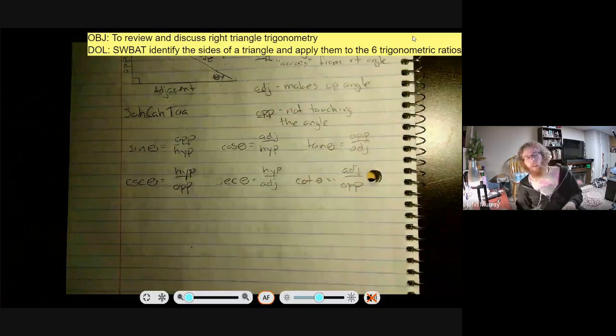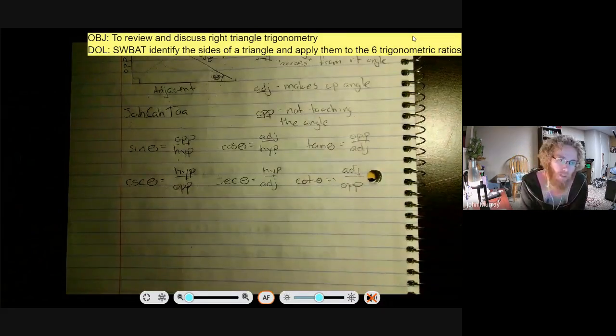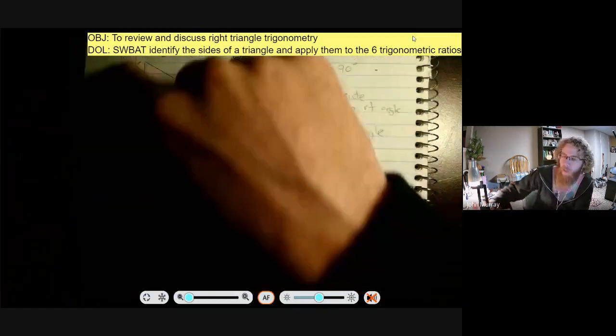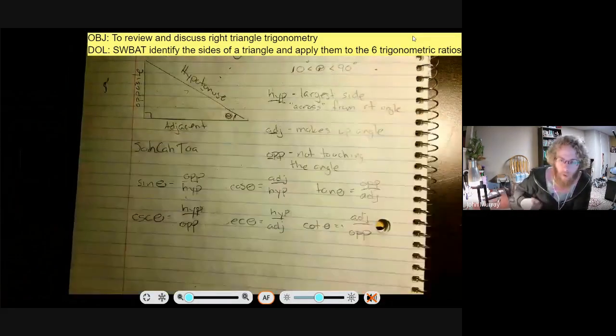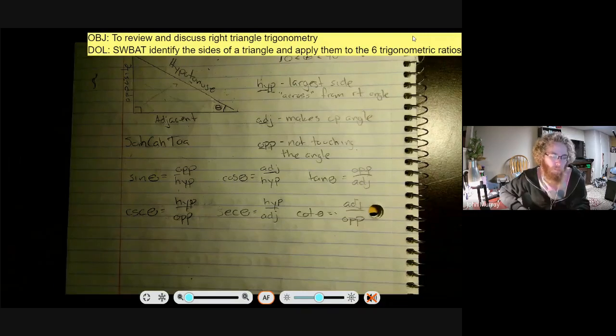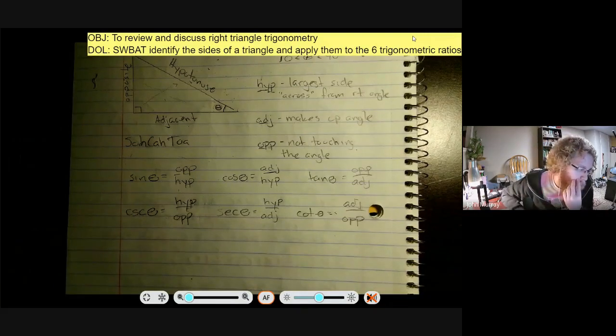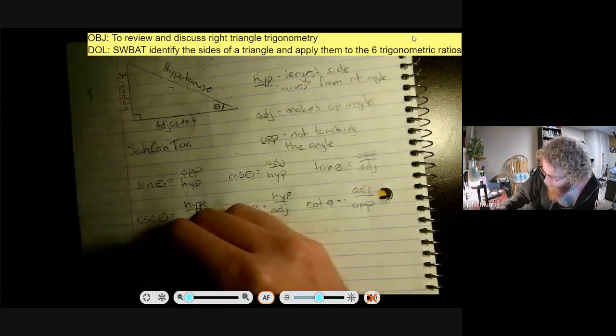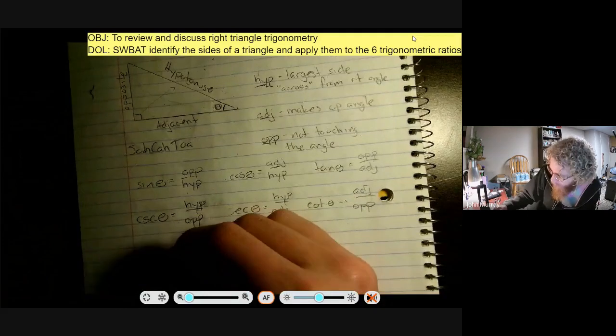All right, so when you are asked to find one of the 6 or all 6 of the trig functions, we have to make sure we label our sides depending on where our angle is, and then we just use the proportions. Any questions so far? All right. So one thing you may be asked to do